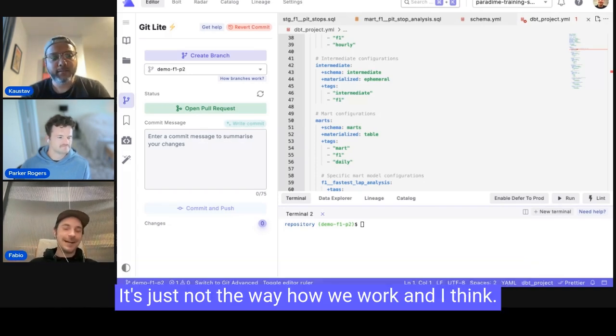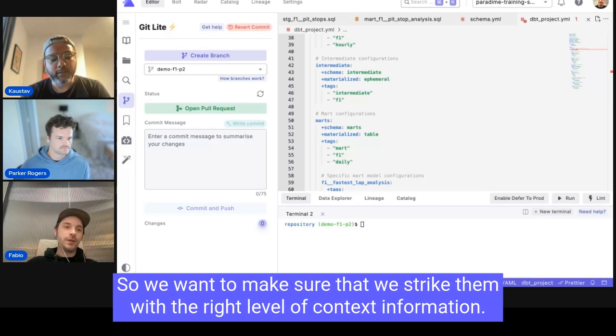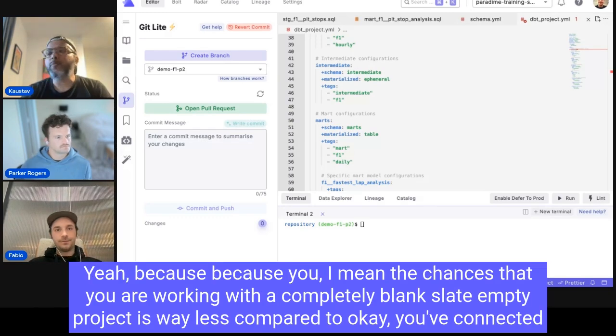It's just not the way we work. And I think when we think about prompting and working with agents, we should treat them as our colleagues, right? So we want to make sure that we instruct them with the right level of context information. Yeah, because the chances that you are working with a completely blank slate, empty project is way less compared to,